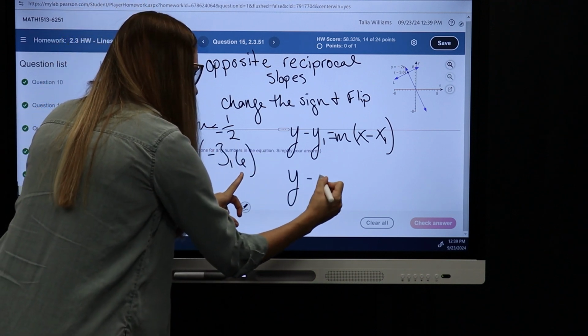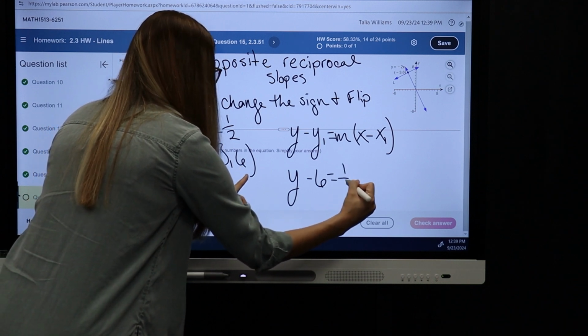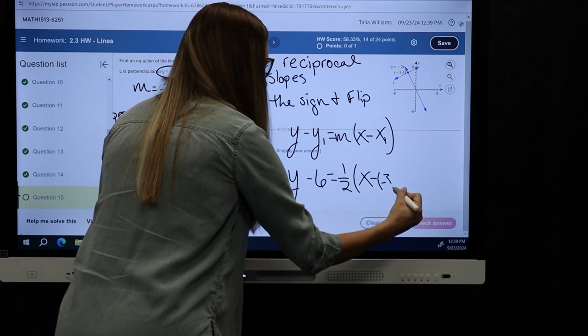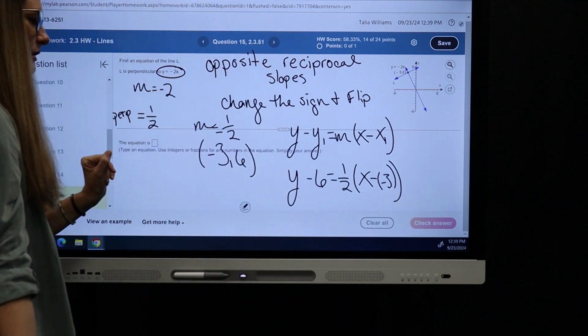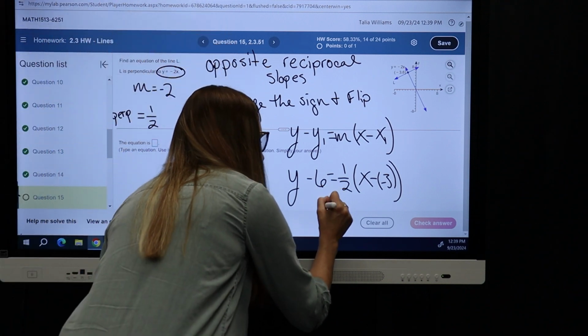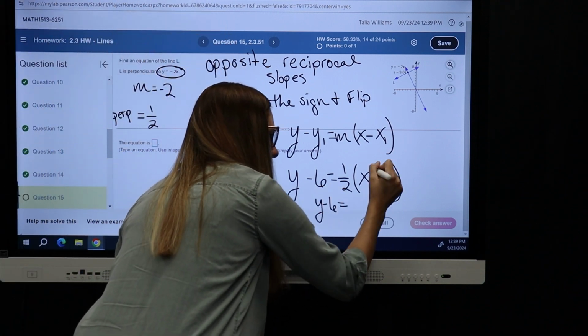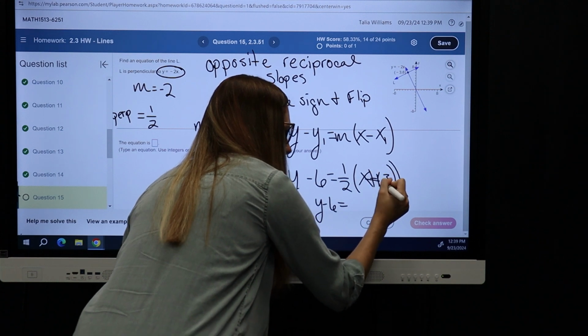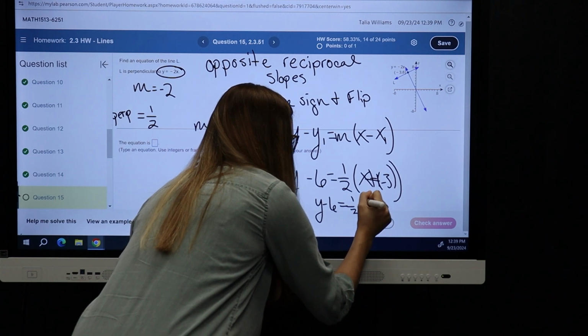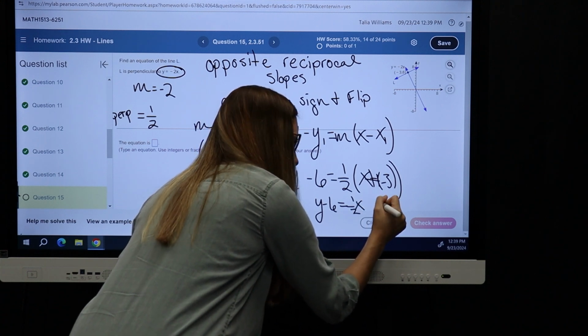Y subtract our y value equals slope times x subtract our x value. Then we simplify this, so y subtract 6 equals, this is going to be a plus sign here, equals 1/2 x plus